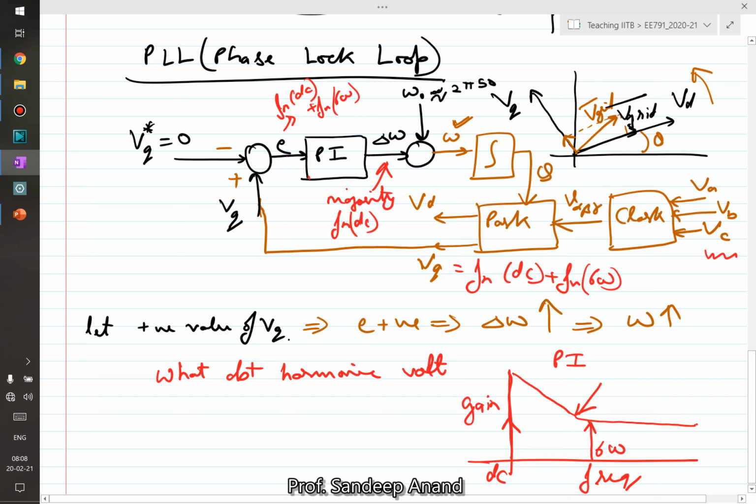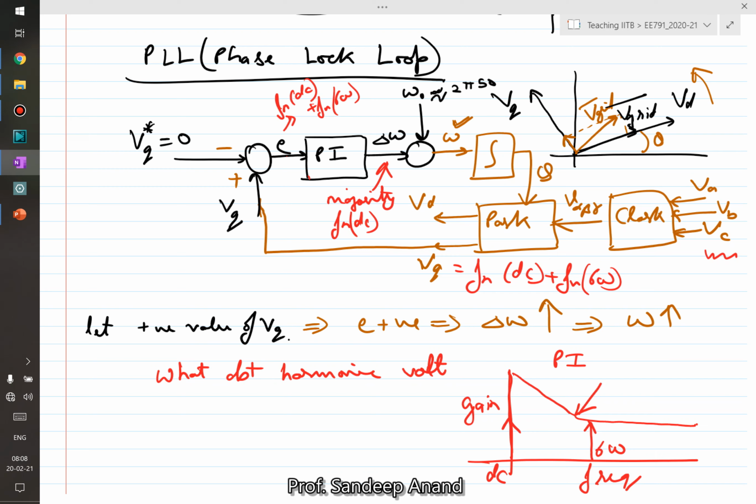And if delta omega is DC, that means omega is fixed in steady state, and thus this system really operates with a fixed speed of rotation of the frame, which is what we wanted to achieve. So as we have seen, even if the grid voltage has harmonics, it will get attenuated by this PI controller, and thus it will not affect the resultant omega or the resultant theta. Omega is going to be almost constant, operating in steady state, right?